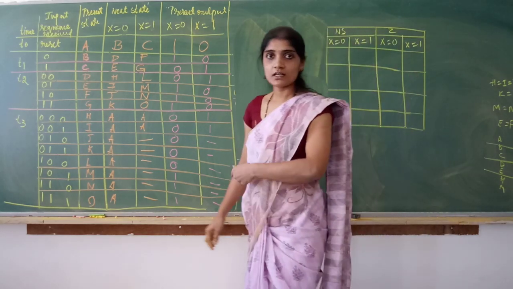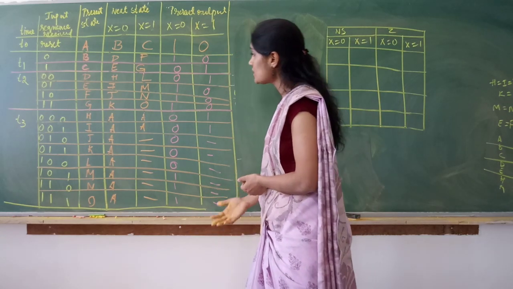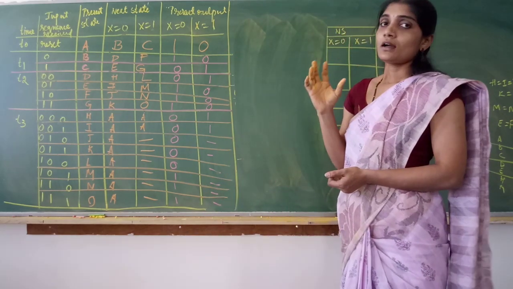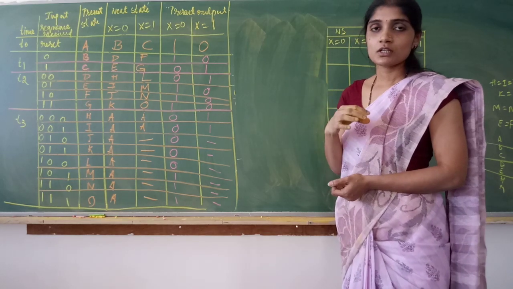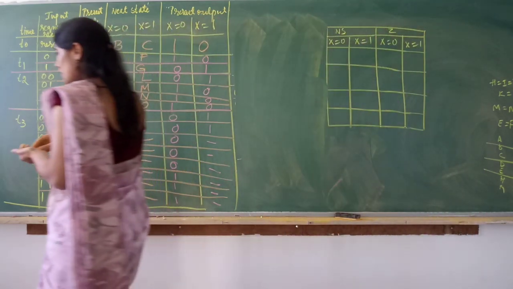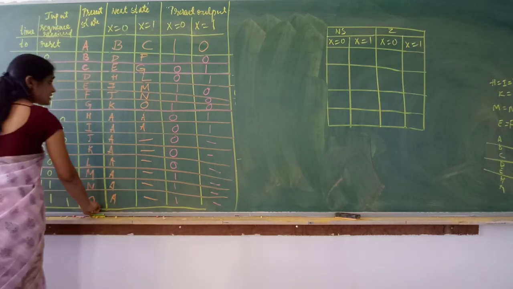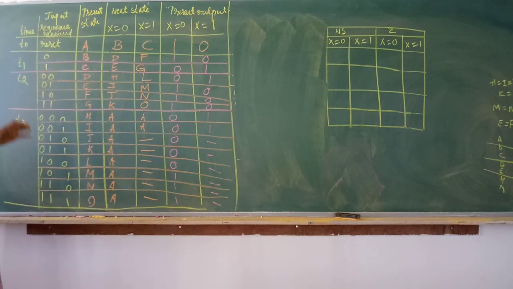Once we finish writing the state table, the state table is so big, right? So now we have to apply the row matching concept, and this table has to be reduced. So how is row matching done? The rows are matched if their next states are the same and if their outputs are the same.